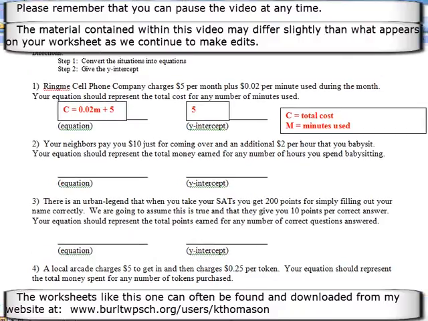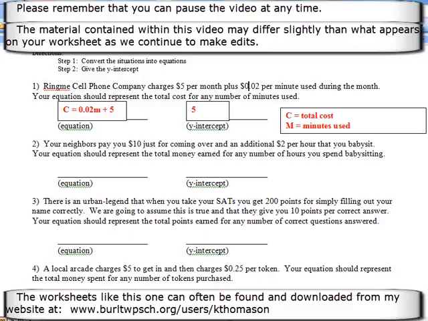Alright, this is the next installment of the math video tutorials for Moving Straight Ahead, the rewrite, and this is page 10. Alright, number 2 reads, your neighbors pay you $10 just for coming over and an additional $2 per